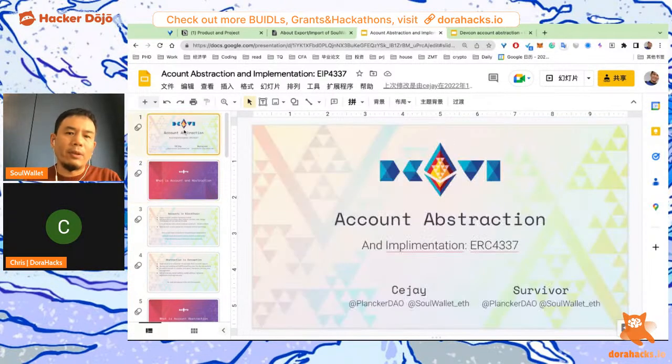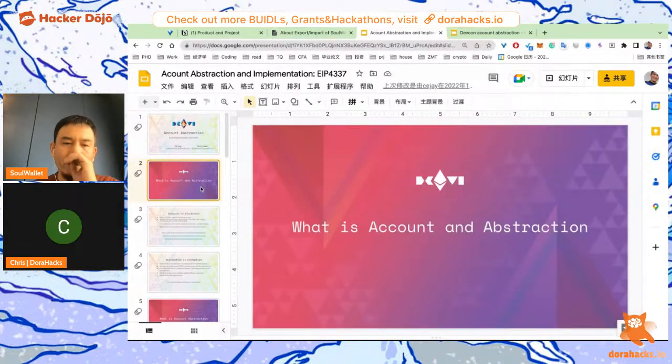The topic we introduce is account abstraction and its implementation, ERC 4337. Ethereum needs improvement of account abstraction, and Vitalik and the Infinitism group, which is the name of the ERC 4337 team, built ERC 4337 based on the concept of account abstraction.